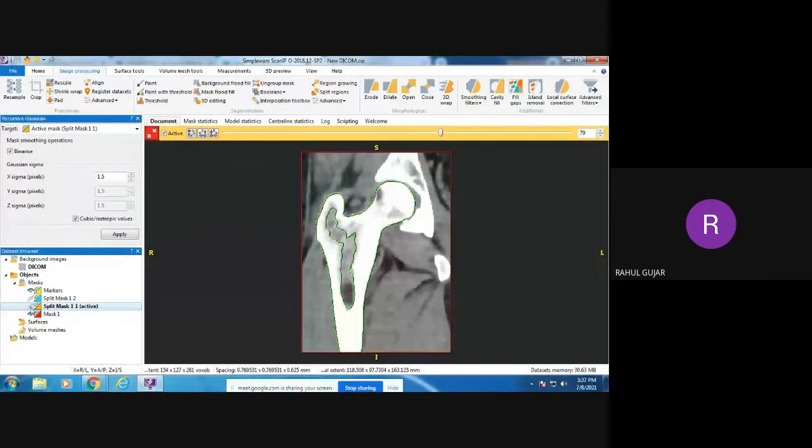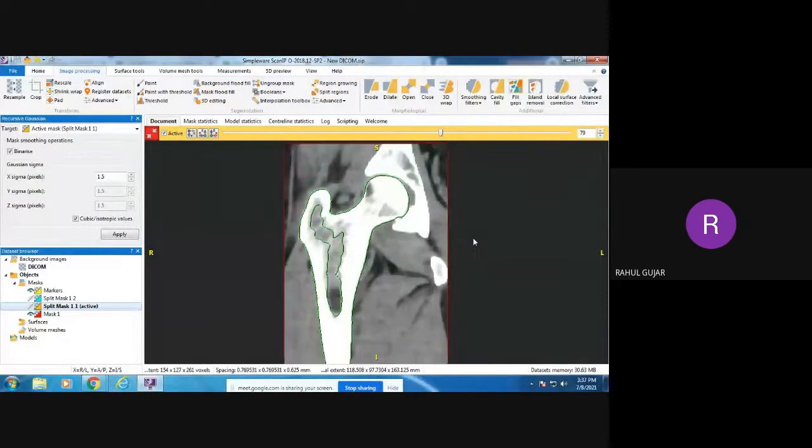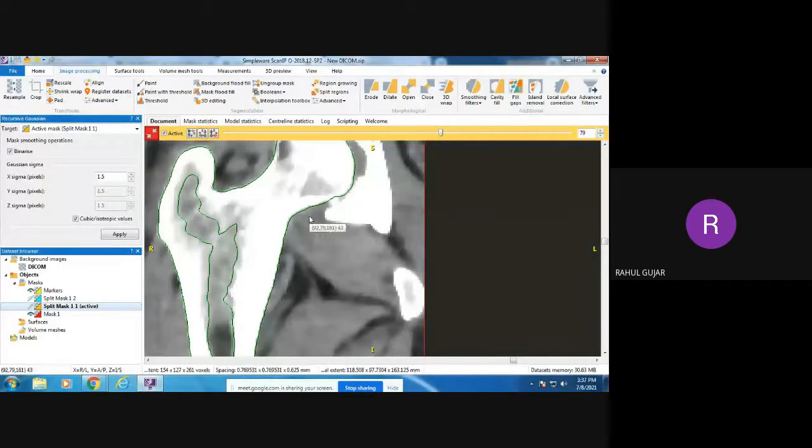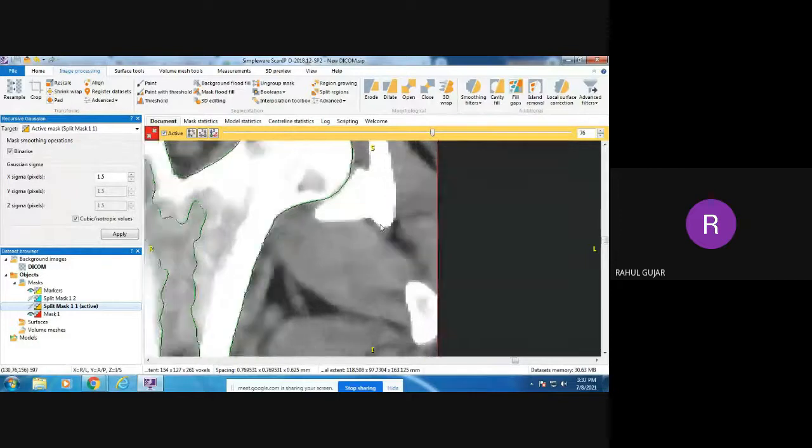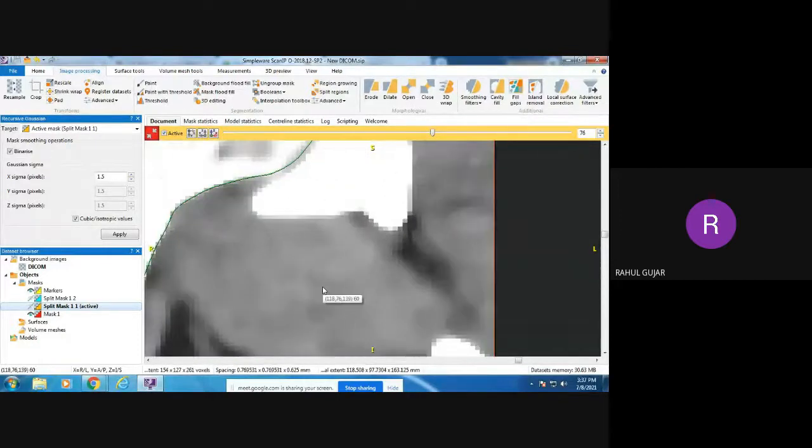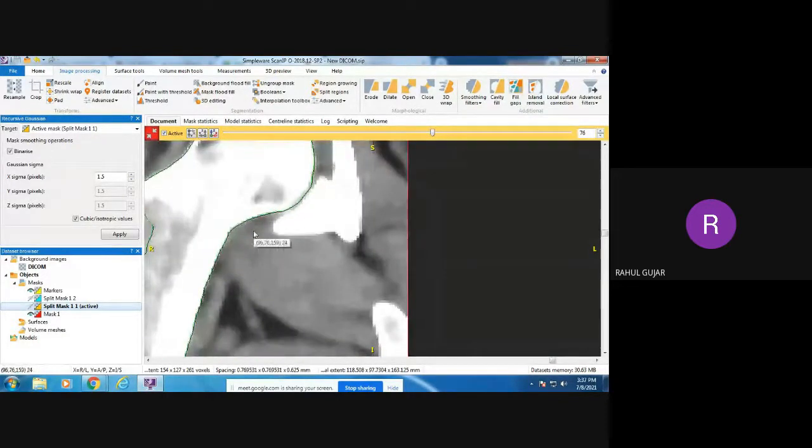You can see that exactly these boundary lines are where the mask is applied. I'll zoom in. The mask is implemented exactly according to the CT scan, very exactly. Only if you make it much bigger do you come to know that there is a very small gap between the scan and your mask. So the mask is provided very exactly to these boundaries.